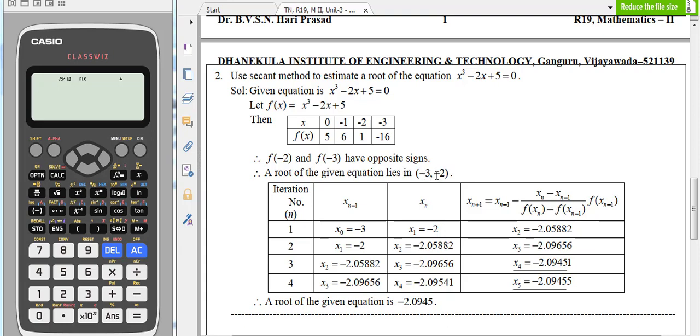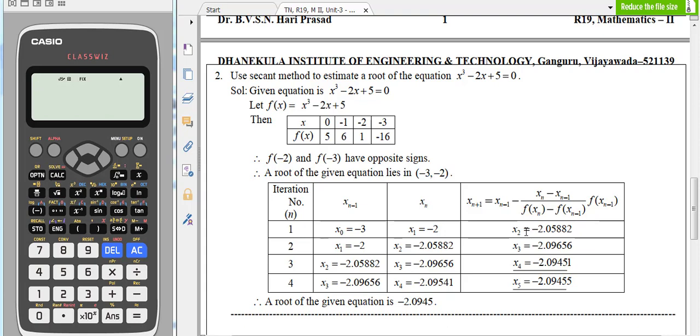So minus 3 and minus 2 serve as the two initial approximations. These two serve as the initial approximations, the starting values. With these two starting values, we can go for calculating the first approximation denoted by x2, and the general formula to be used in the case of secant method is this one: x(n+1) is equal to x(n-1) minus (x(n) minus x(n-1)) by (f of x(n) minus f of x(n-1)) into f of x(n-1). So with the help of calculator, you can get x2 value as minus